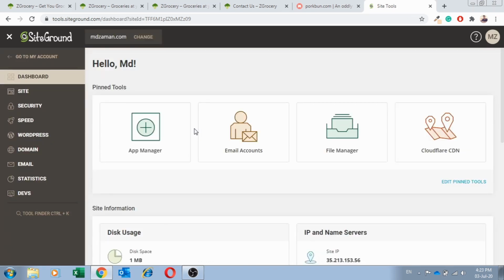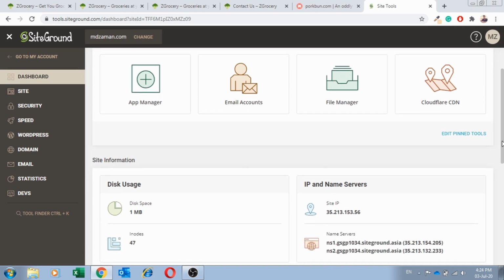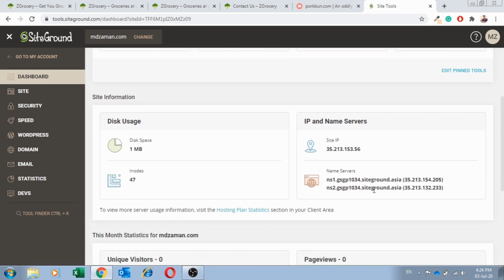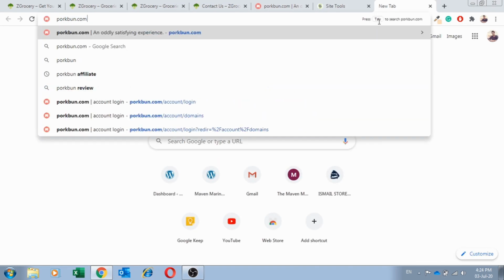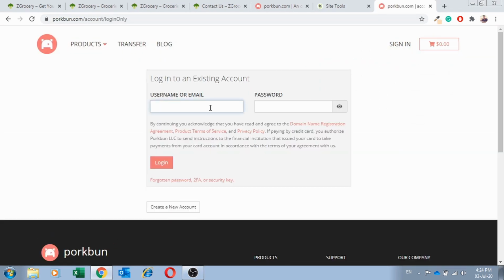And over here you'll find two scenarios. The first scenario is that you have registered the domain name with siteground.com and you do not have to do anything over here. But in the second scenario, you have registered your domain in some other website, so you'd have to go to that website and copy this name server. So I have my domain name in pokebun.com, so I'll go to pokebun.com and then I'll sign in. I'll log in with my email address and password,